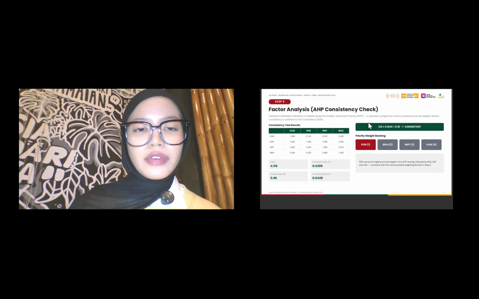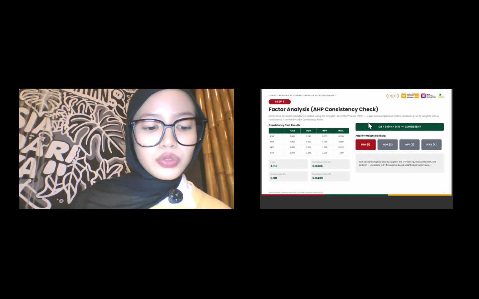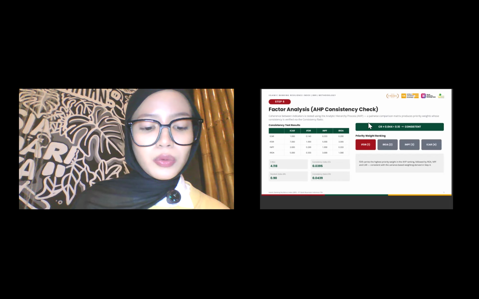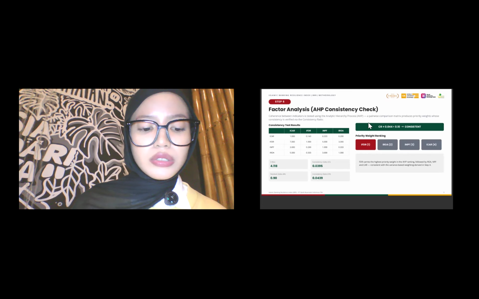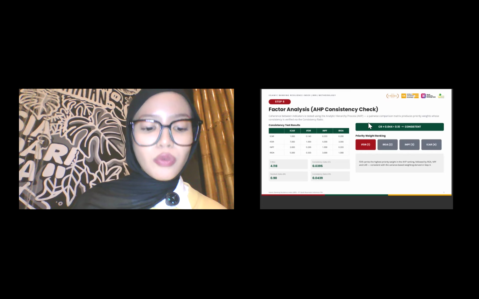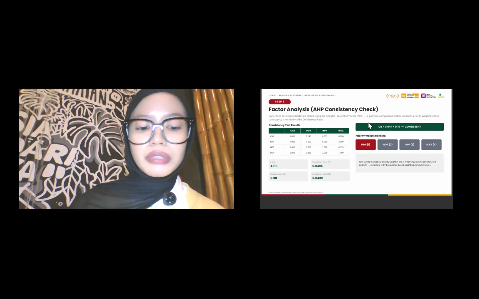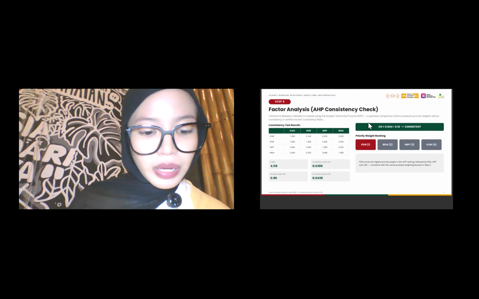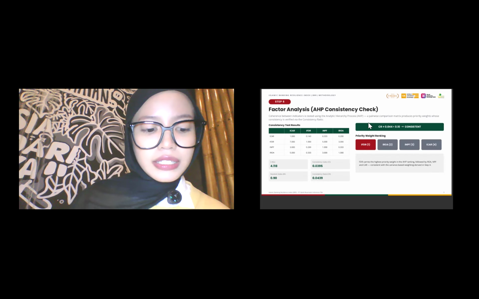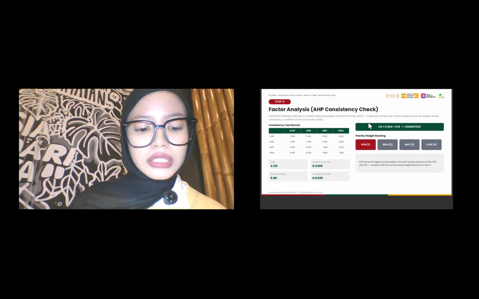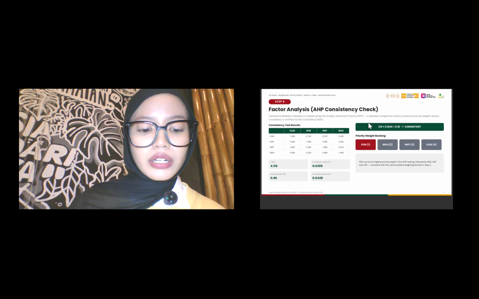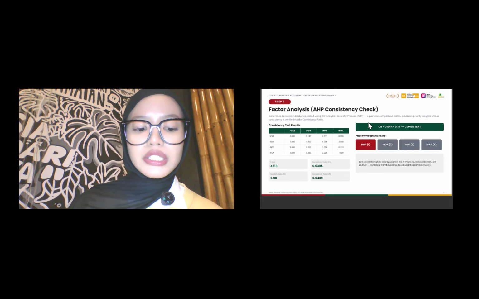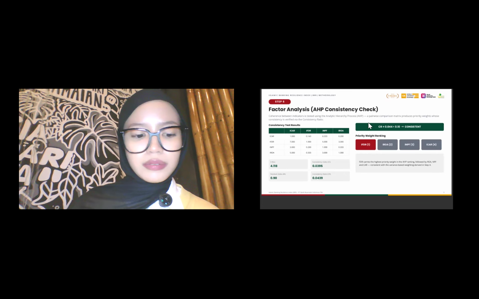So next, validation analysis. To validate the weighting process, we applied the analytical hierarchy process, or AHP. The consistency ratio is 0.0544, which is below the acceptable threshold of 0.1. This means the weighting is consistent and reliable. The ranking also confirmed that FDR is the most influential indicator, followed by ROA, NPF, and CAR.